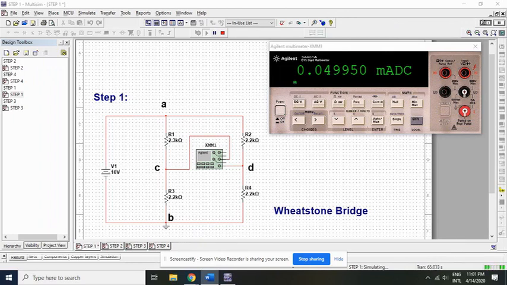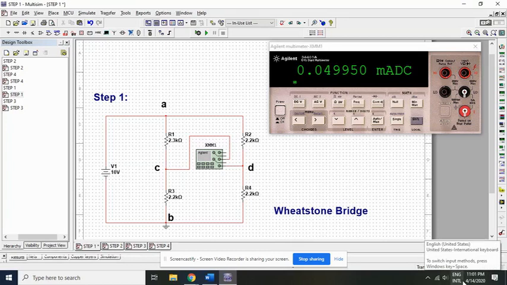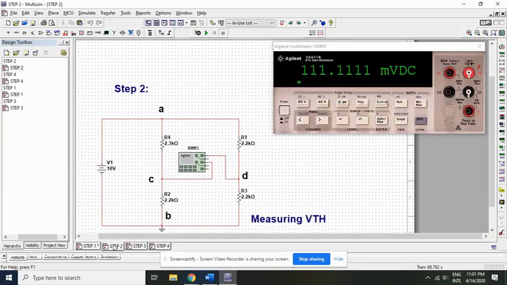So we are going to look at our second instruction. For the second instruction, we need to remove the galvanometer, or actually the multimeter, from the circuit as in figure 4.8 and measure VTH from point C to point D. I'm going to show you from our second step here. The points are C and D. We need from the same